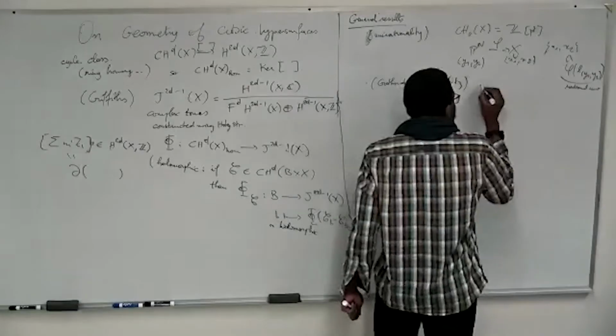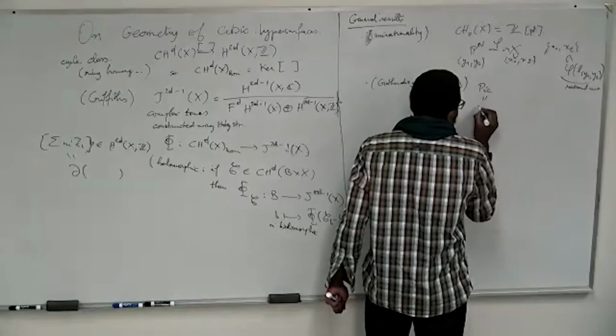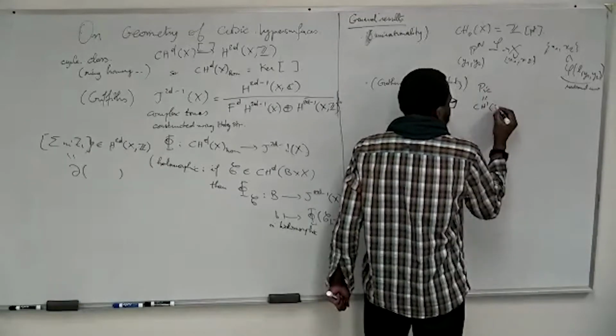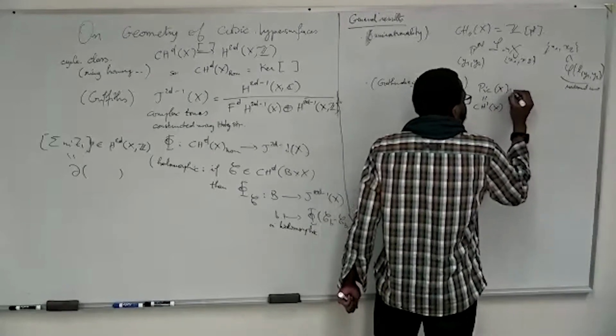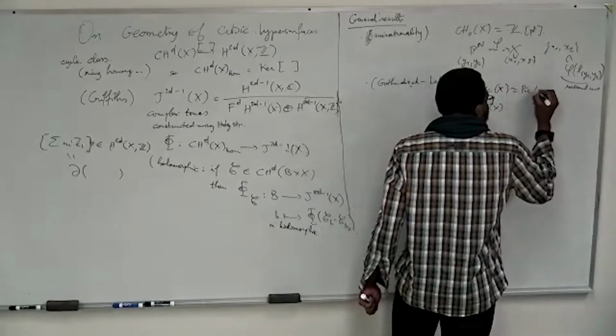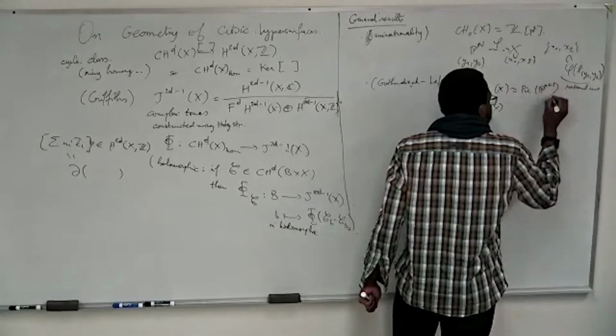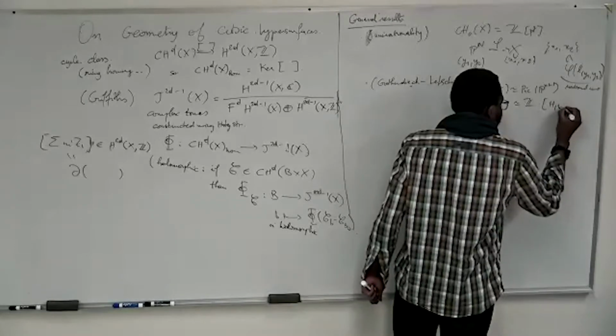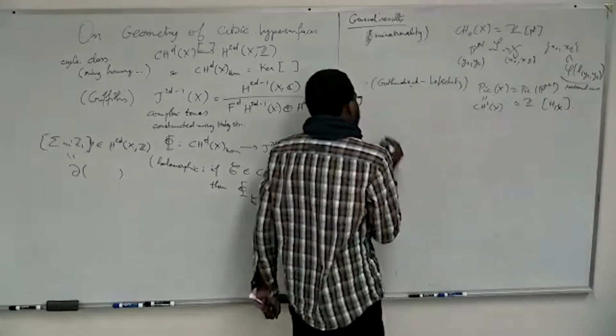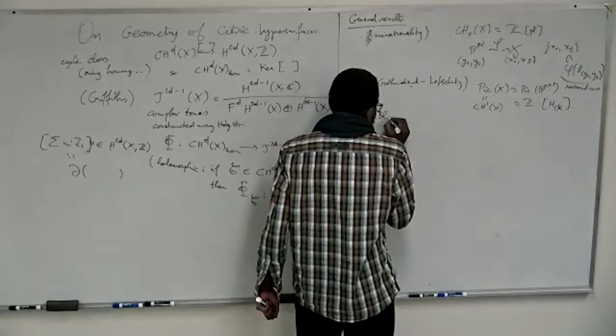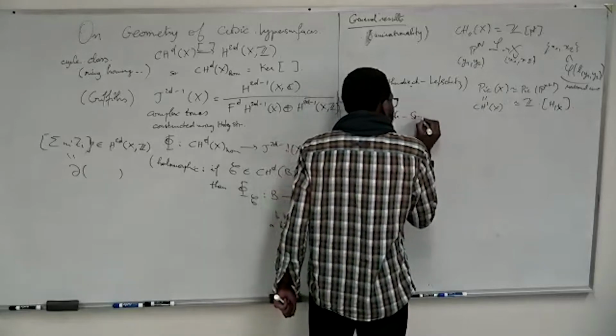The Picard group, which is the same as the group of codimension 1 cycles of X, is inherited from the Picard group of the projective space just by restriction. So it is just Z, inherited from the hyperplane class. And then there is the much more complicated Bloch-Srinivas,